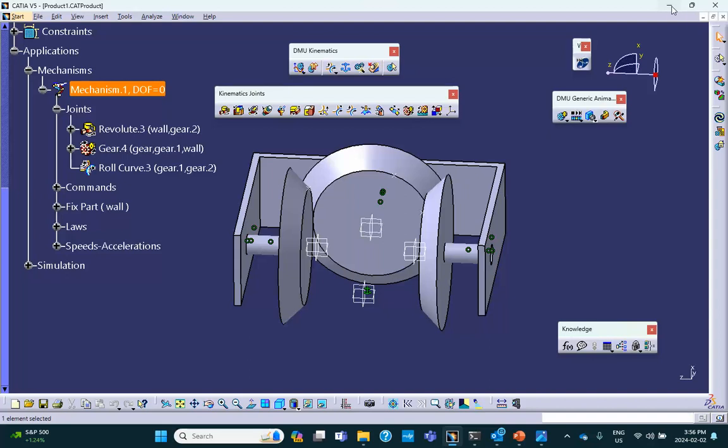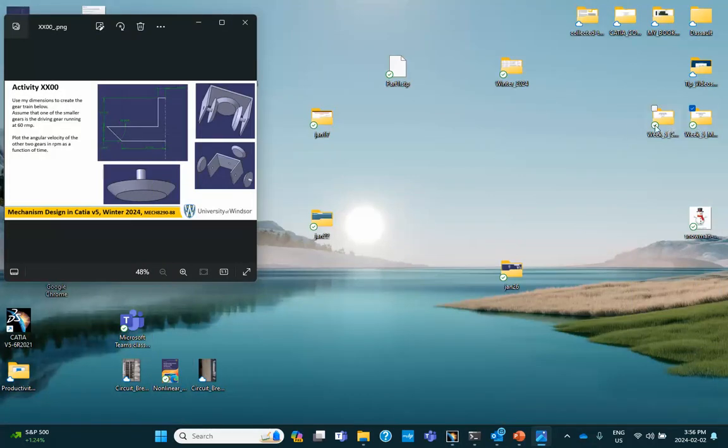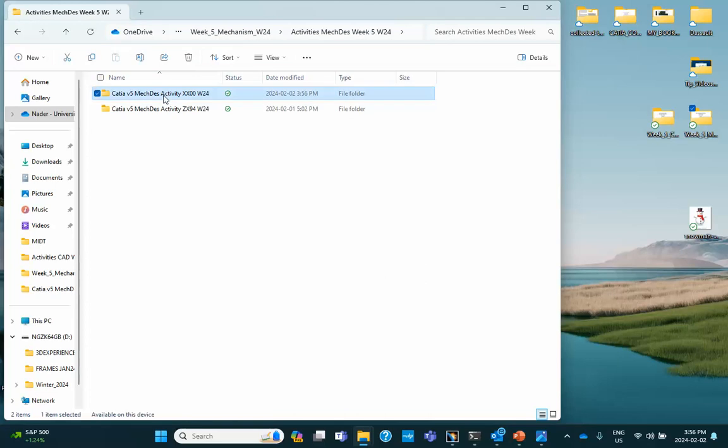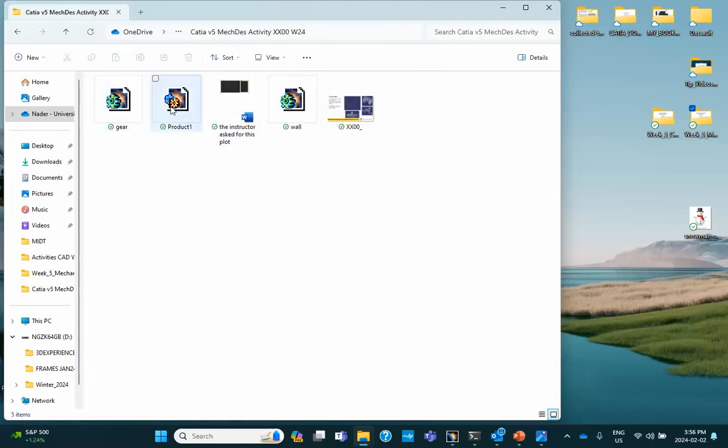Let's go and check it out. I have a folder here, week 5 mechanisms. This was the example we were doing. This was my product. This was my gear because I did use instances of it. I have a single gear, 2 instances of it were used. There's a wall, and this is the Word document with that plot in it. Okay, folks,